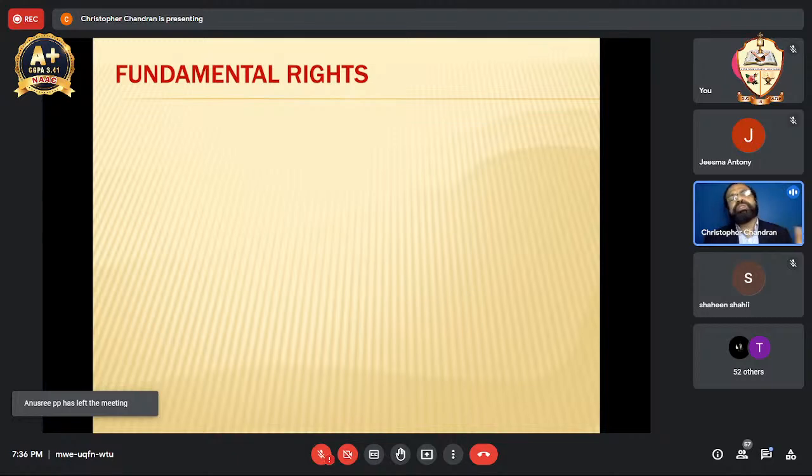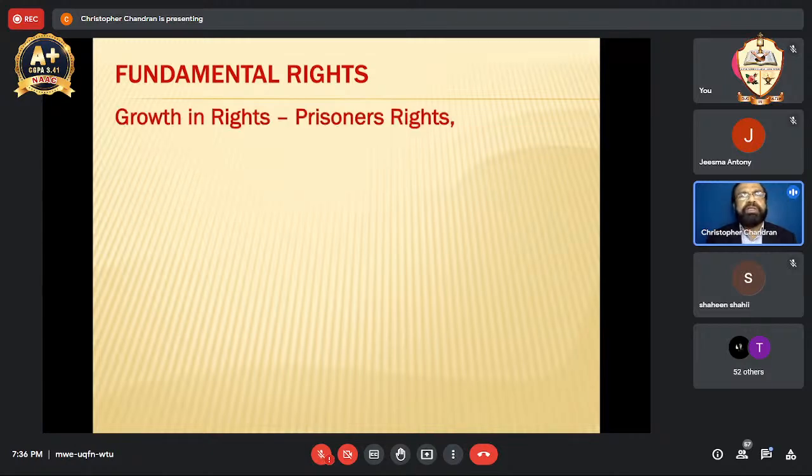Okay, so that's with regard to the Preamble, and how much it is still relevant to India. And we move on to the fundamental rights. In the fundamental rights, we have to understand not only those rights that we enjoy, the right to equality, the 7 or the 6 freedoms that we enjoy,